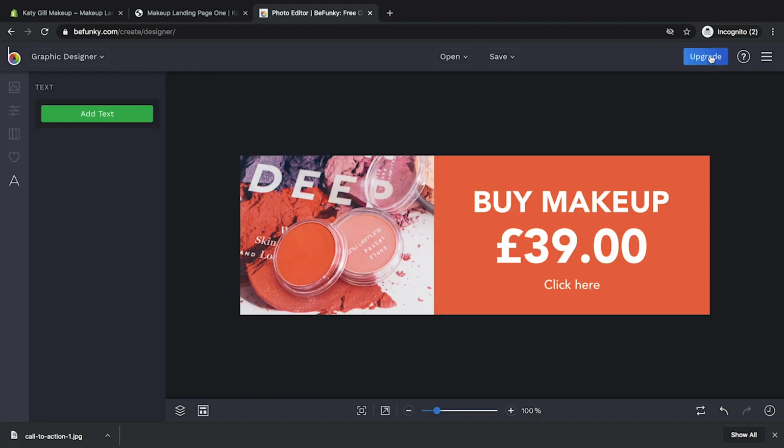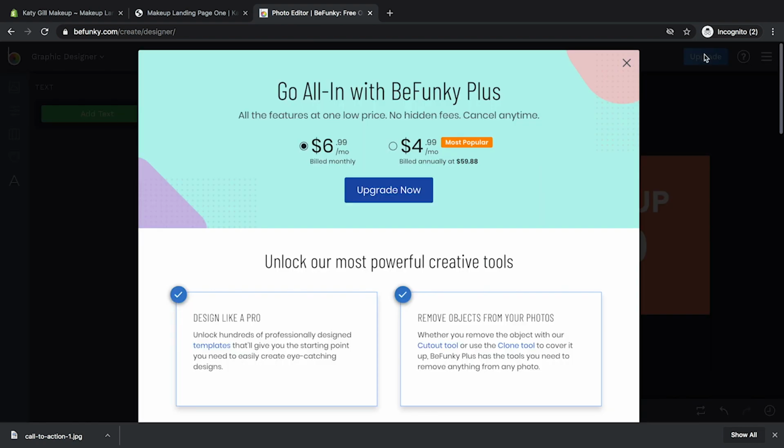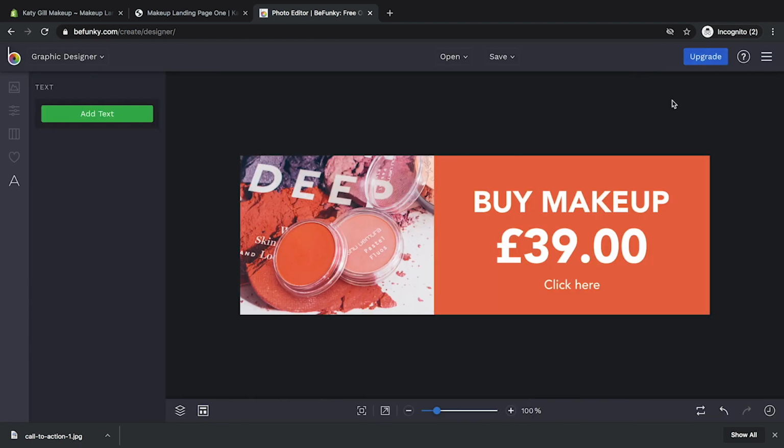Of course, if you want to save this and go back and use it again, go in, create an account, register. It's free to do, and then you can go back and keep your designs, and you can just duplicate them and then work on some more. It's quite a good way of doing that. Or if you upgrade, I think it's about $6 a month, and you can use many more features that you want to. But there's not a sales pitch for that. Let's move on and move it back into our landing page.